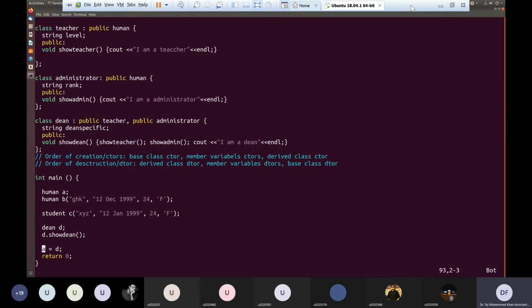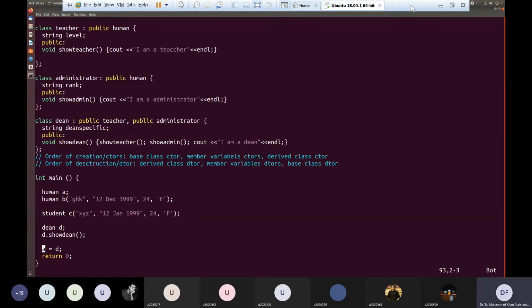So the thing is, they both have different types. One is of type human and the other is of type Dean. In C++, usually if you try to assign one type of object to another, it gives you an error. But in this case, it will not give you an error because although these two types are different, they are not totally different types, like teacher and point, which are totally unrelated types.